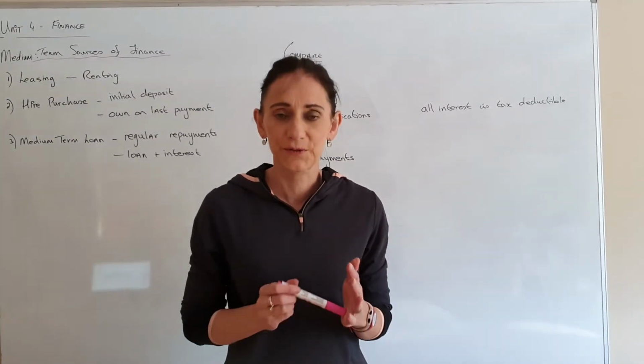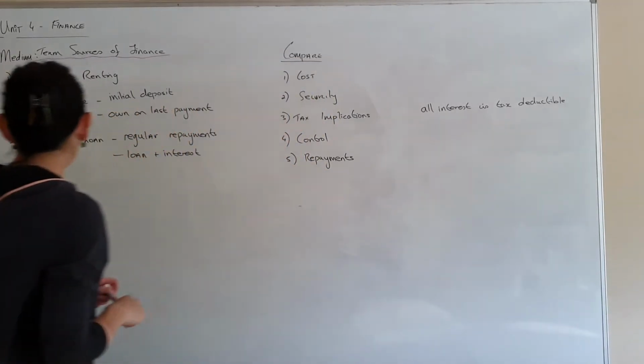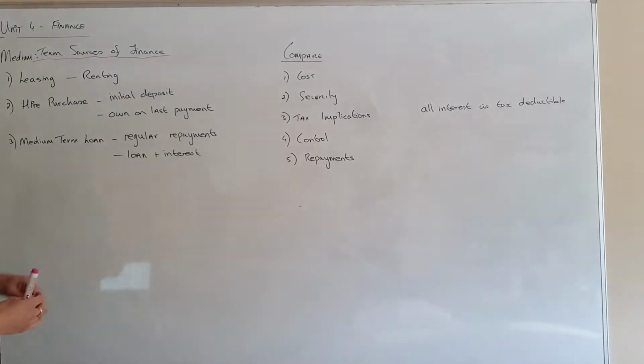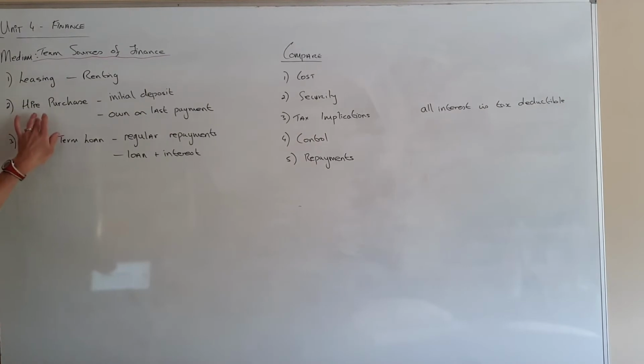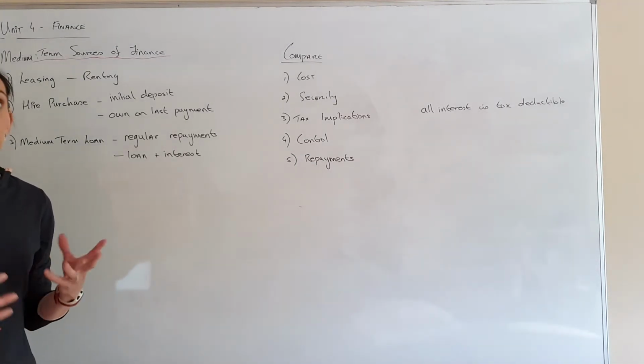Okay, so it's Unit 4, we're doing finance and we're doing the medium-term sources of finance. There's 3 that's covered for you to do. You have leasing, hire purchase and a medium-term loan. Leasing is just another name for renting an asset, so you've decided that it's cheaper for you to lease rather